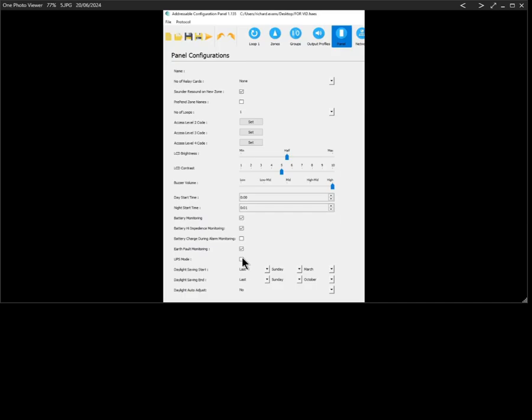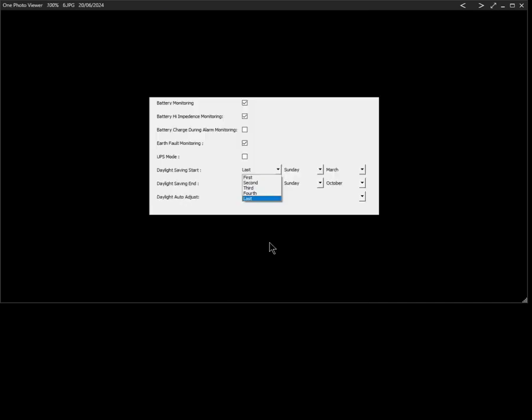UPS mode is for marine applications, but if you set this to on, it isolates these other functions above and allows the system to run from voltages around 22 volts up to about 30 volts like you would get in a ship supply. At the bottom we have the daylight saving mode start times and end times, and here we